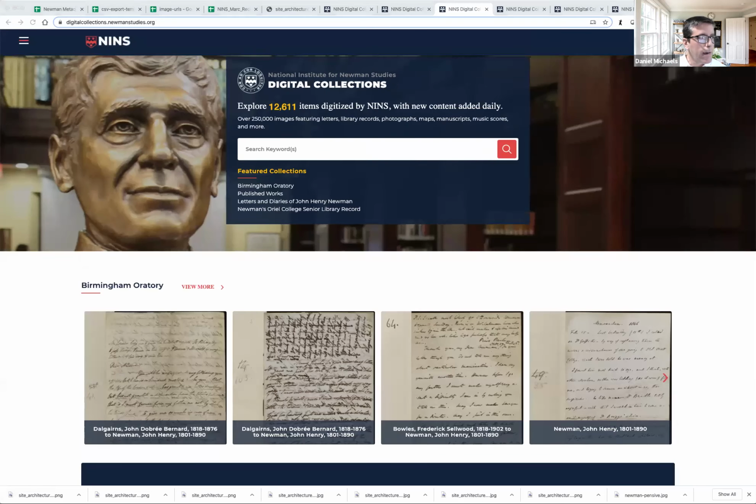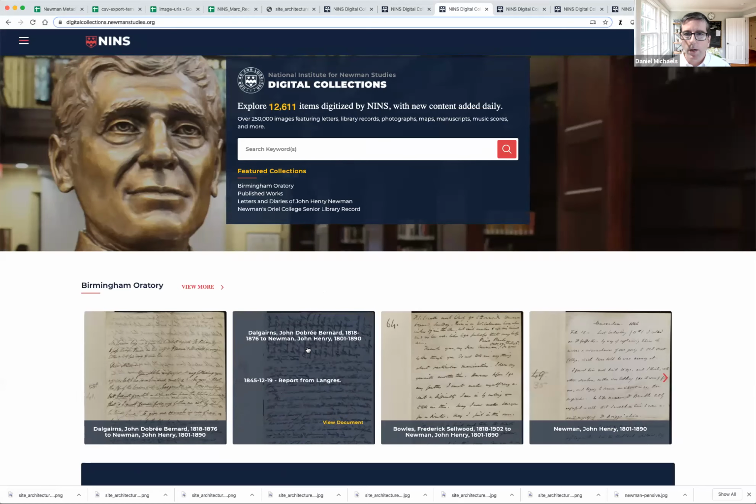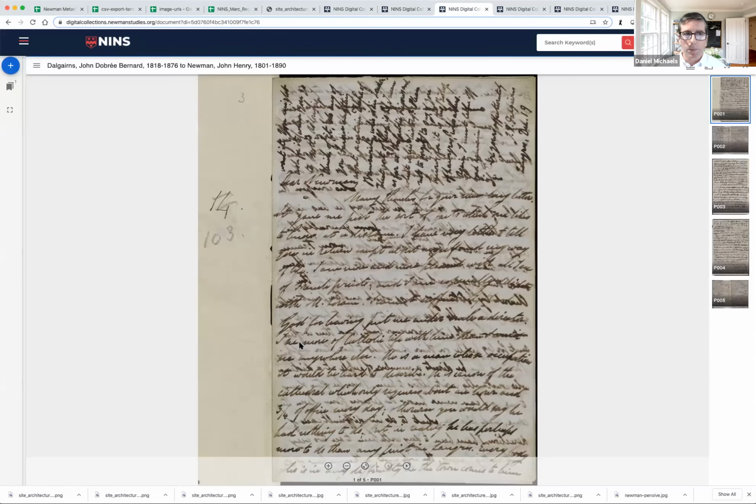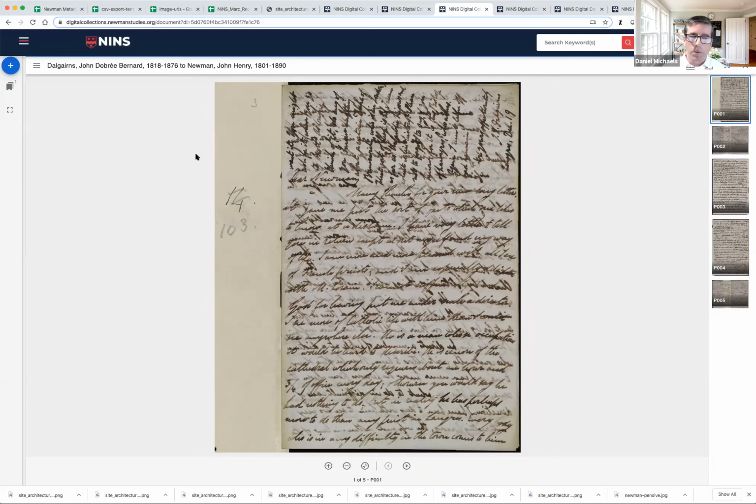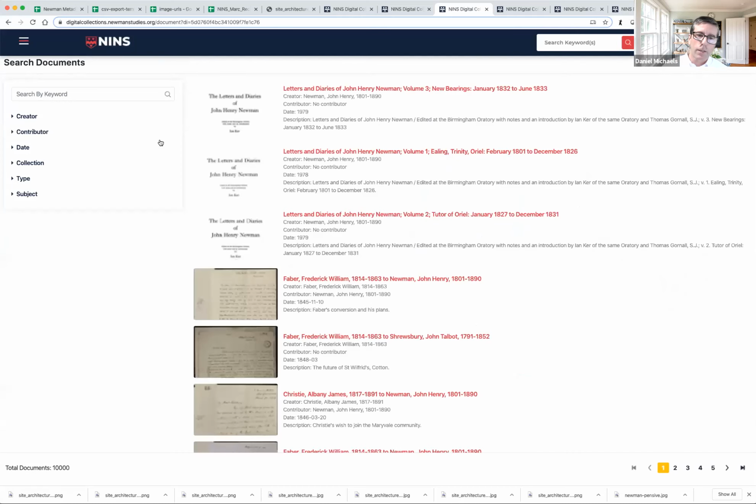And then in addition to that, you probably noticed that we're using Mirador 3 as our document viewer. And we've added some tools to this to make it very usable for the type of things that we need to do. The main one is that our users often have to compare works from Newman with others or Newman between Newman. We have about 250,000 folios. And so we built our search filters directly into